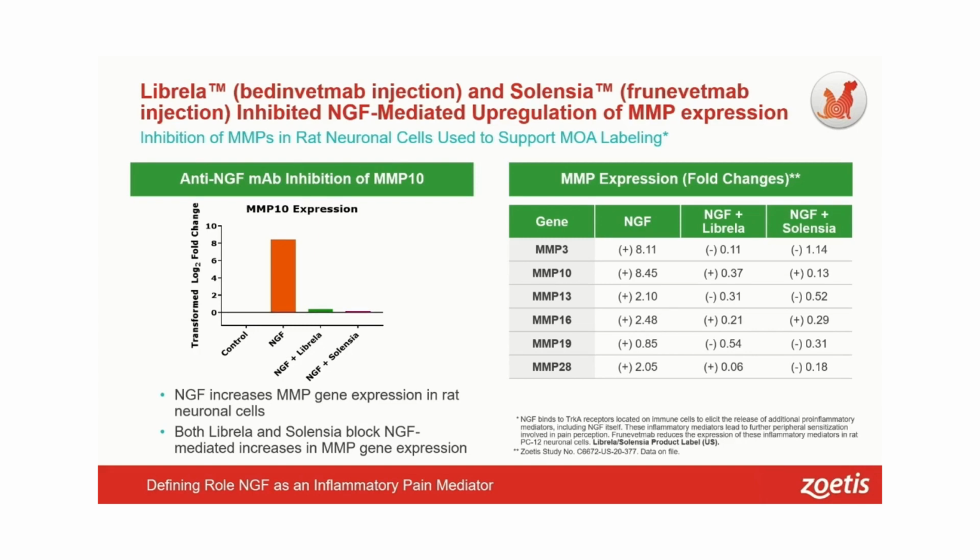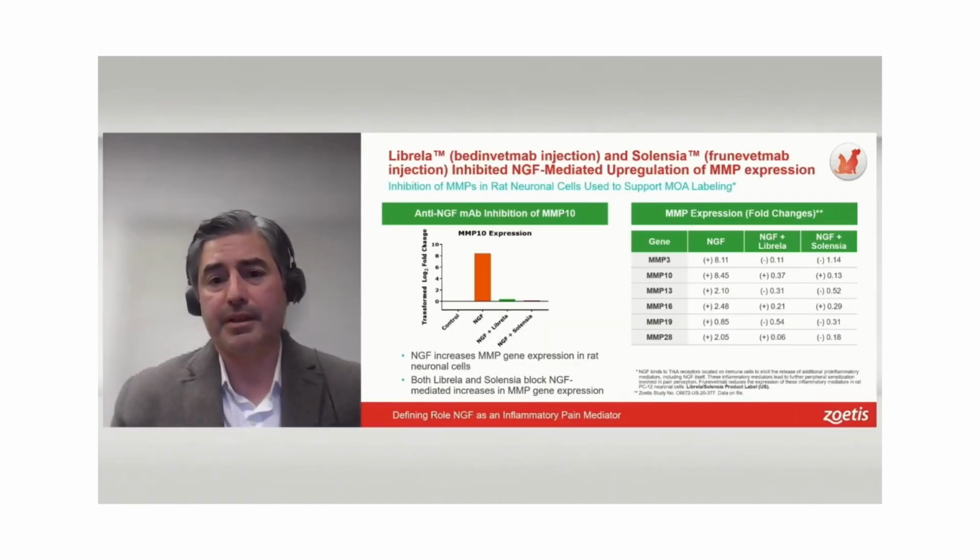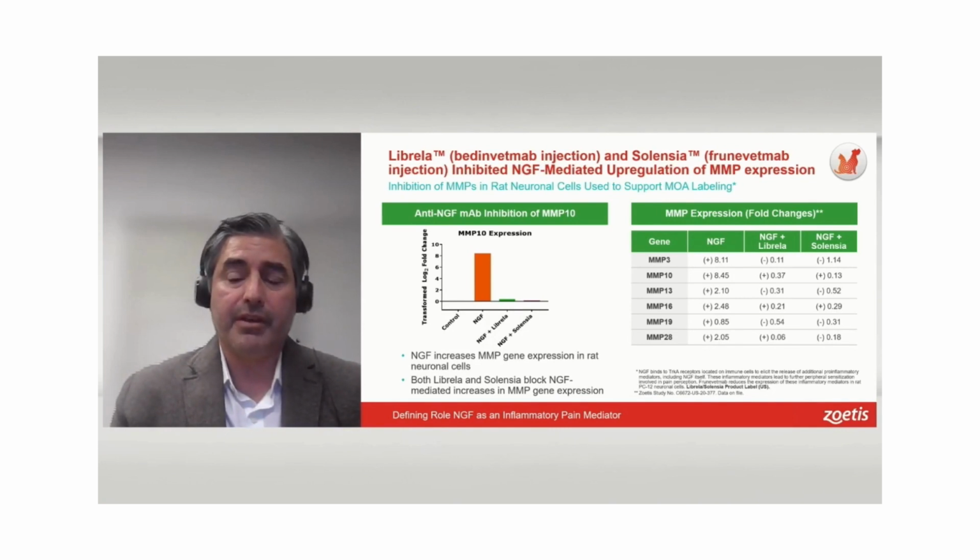On the right-hand side in the table, it's just a lot of other MMPs. There's a lot of subtypes of this protein family. And you can see if you look at the column with NGF, we're increasing most of these anywhere from 2 to 8-fold in terms of gene expression, which is a very large change in gene expression. And the right side of the columns are Librela and Solensia treatment, which show that we are inhibiting NGF-mediated changes in MMPs. Now, the important aspect of this is that we submitted this data to the US FDA, or CVM,